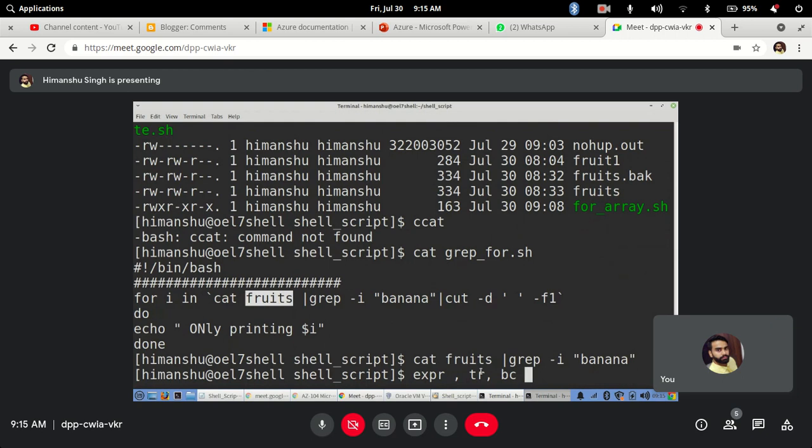Calculator commands are used when you are doing more arithmetic operations and university-level projects, or creating an application to do mathematical calculations. Those places will need it. These are three commands you can go through, and you might come across them. Try to see if you are able to understand these three.